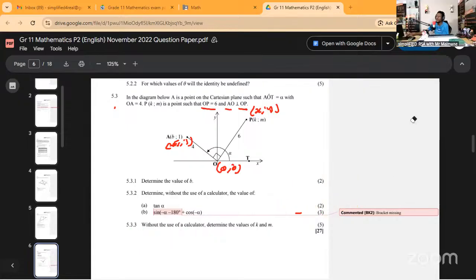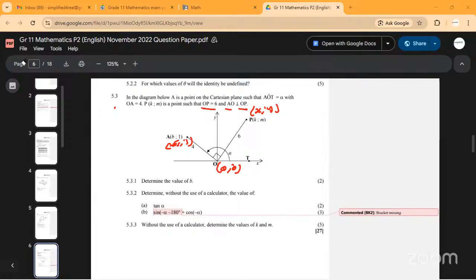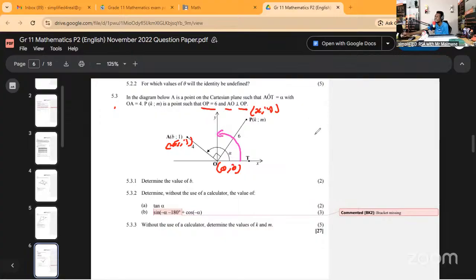So since you know what's happening there, wherever I am on this quadrant, I can choose any identity I like. Suppose I choose cos, then I'll say cos 90 degrees minus alpha will be whatever I have. But cos 90 degrees minus alpha should be somehow equal to